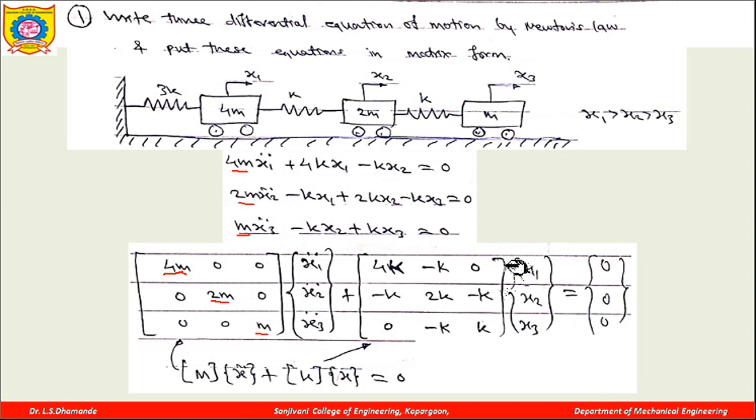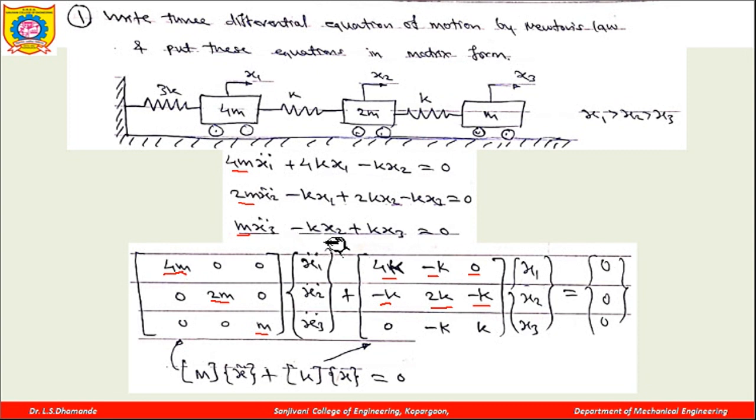now the stiffness matrix is again a square matrix, which is symmetric. So I will write the stiffness like x1, x2 and x3. There are three displacements. So the coefficient of x1 I will write as 1-1, so it is 4k. The coefficient of x2 is minus k, and the coefficient of x3 is not there in equation number 1, so it is 0. Then the coefficient of x1 in the second equation is minus k. Then it is plus 2k of x2, and the coefficient of x3 is minus k.